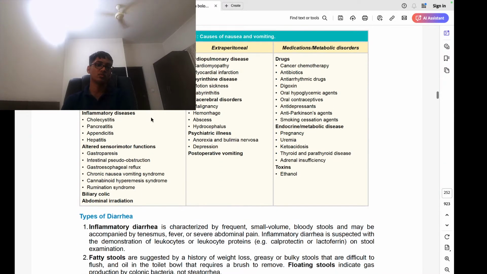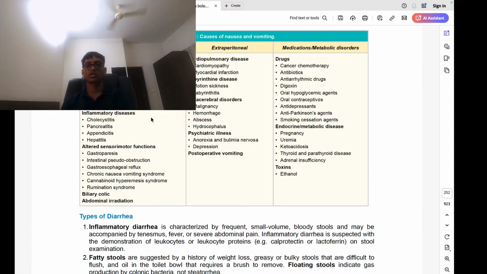So causes of nausea and vomiting are intraperitoneal, extraperitoneal, medication or metabolic. Intraperitoneal: pyloric stenosis, small bowel and colonic obstructions, infection, viral and bacterial. Inflammatory diseases: cholecystitis, pancreatitis, appendicitis, hepatitis. Altered sensory functions: gastroparesis, pseudo-intestinal obstruction, gastroesophageal reflux, chronic nausea vomiting syndrome, cannabinoid hyperemesis syndrome, rumination syndrome, biliary